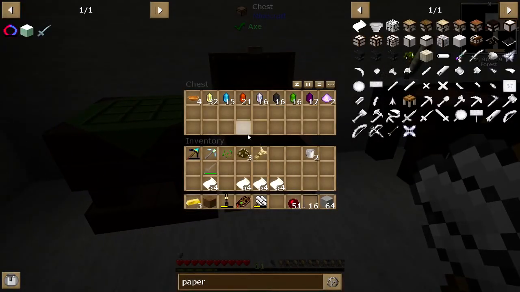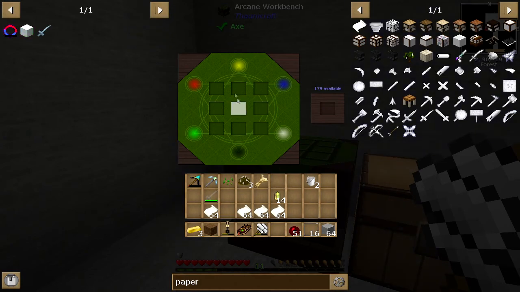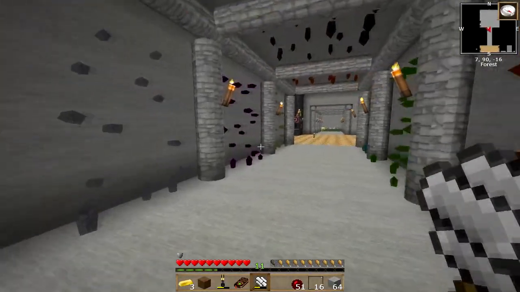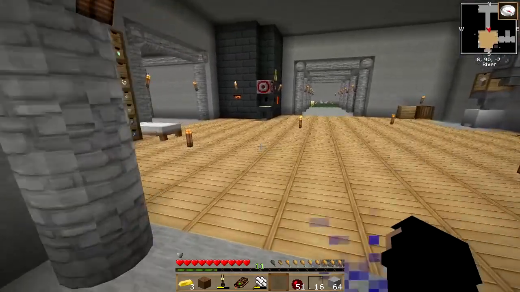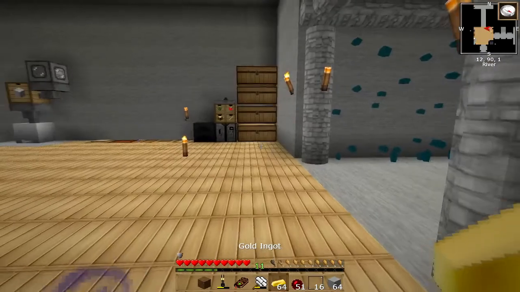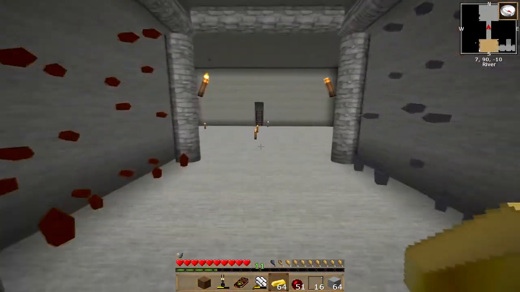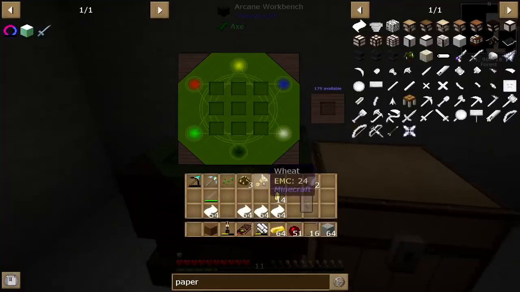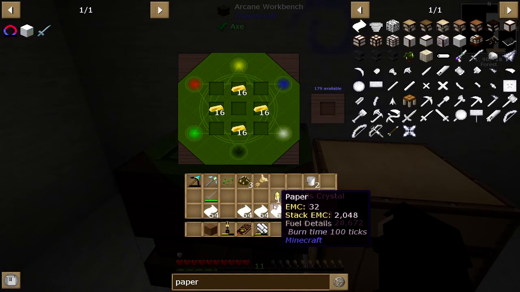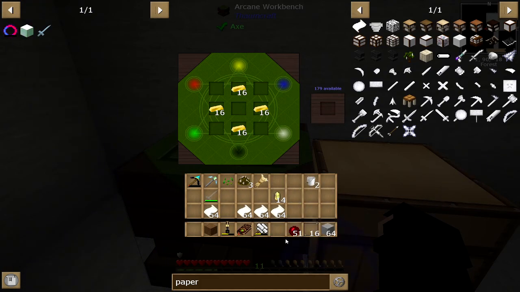Got a bunch of paper. Now, it says we need 6 magic or something to that effect. Let's see what happens. Oh. No. I need more gold. I did that wrong. You know what, let's just take a stack. I said a stack. Just going to make 3 of these, because if I remember rightly, later down the line we do need them for something else. So...